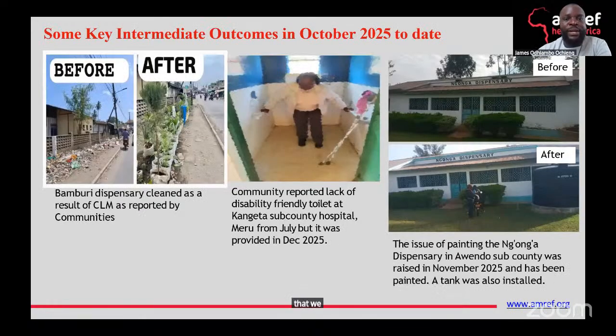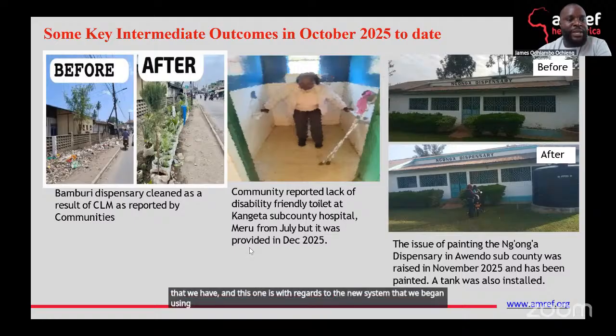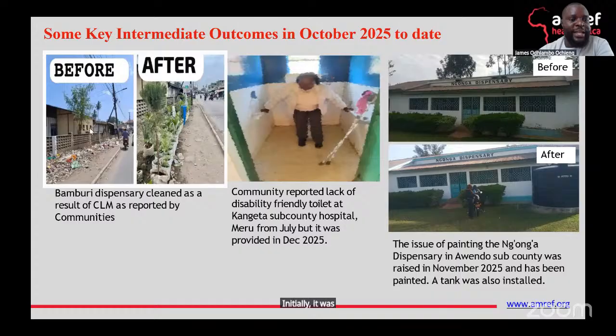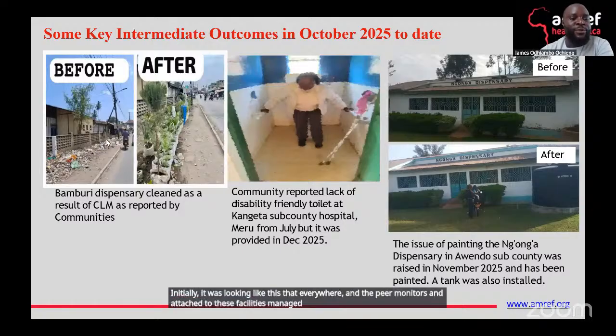And this one is with regards to the new system that we began using last year. We had a complaint from the general communities led by the peer monitors in this facility, Bamburi Dispensary. Initially, it was looking like this, dirt everywhere, and the peer monitors attached to these facilities managed to do some advocacy on the need to have this place cleaned up.